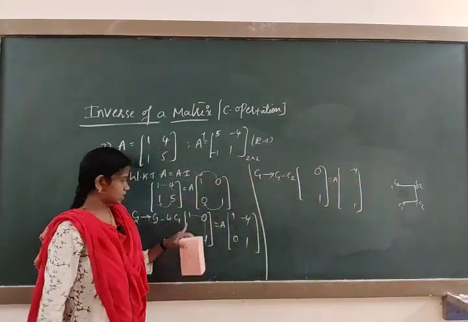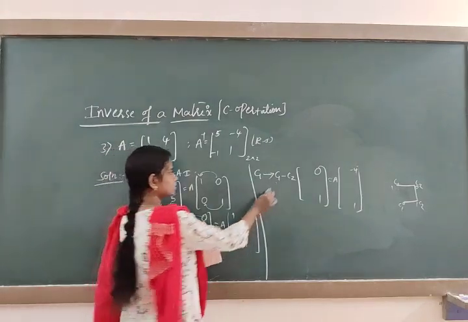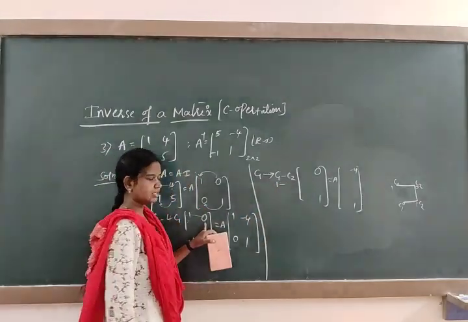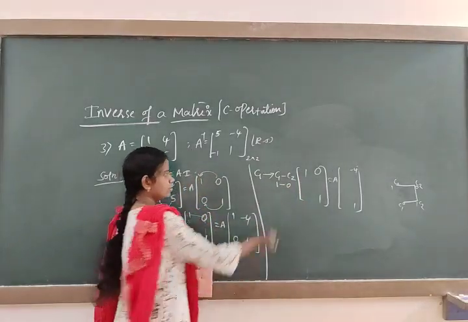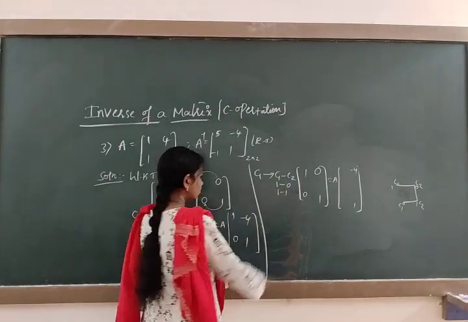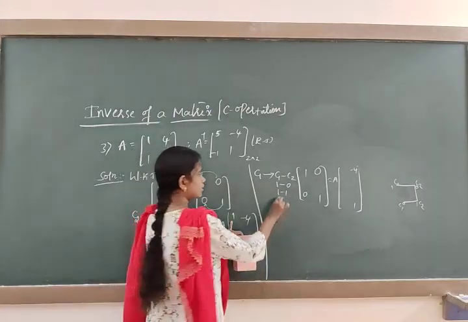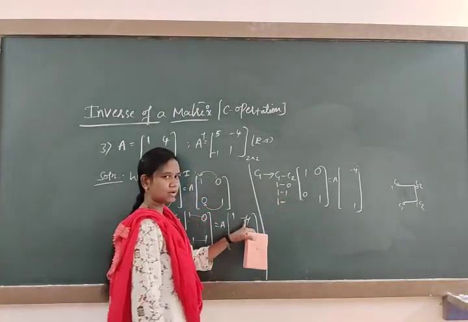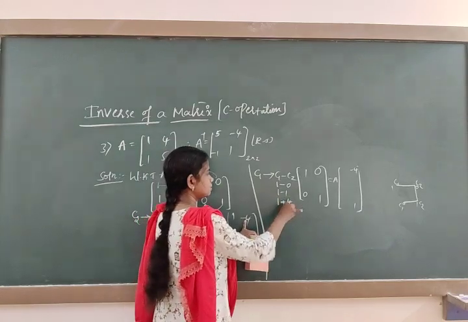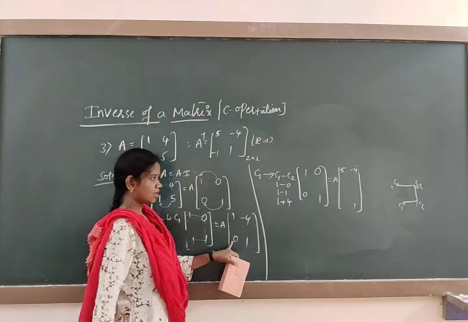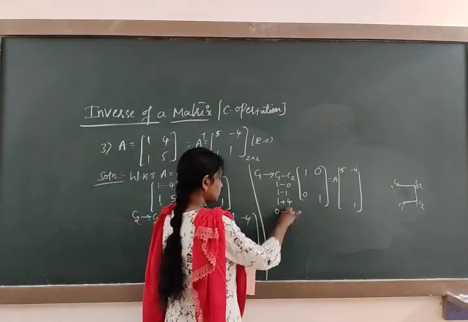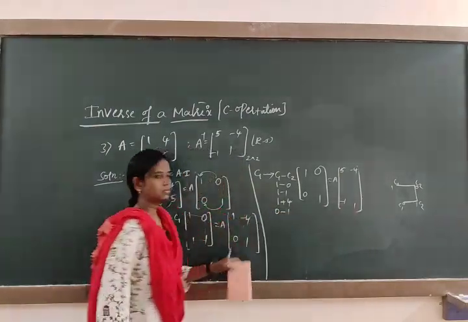Now substitute in the transformation. C1 minus C2: 1 minus, beside this is 0, so the value is 1. Next, again this is C1, 1 minus 1, that is 0. Now take this one: 1 minus into minus, the C2 value is -4, it means +4. So 1 plus 4 will be 5, and the C1 value is 0, 0 minus 1, it's a -1.